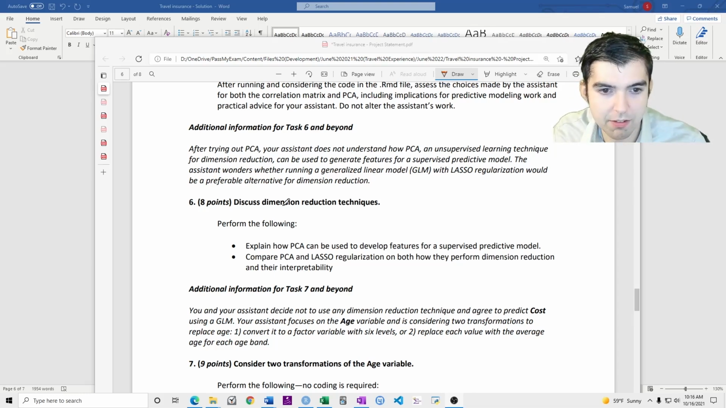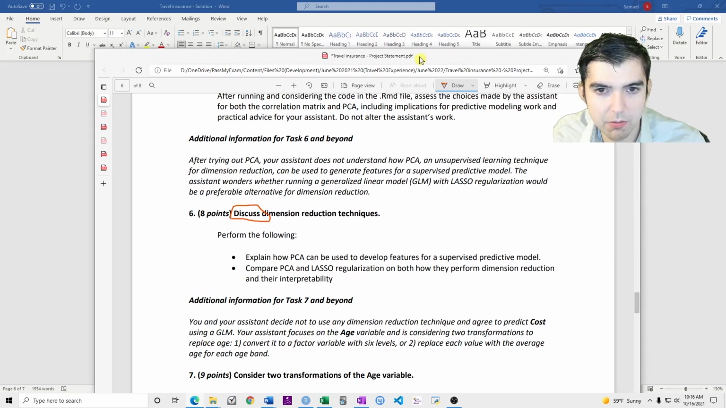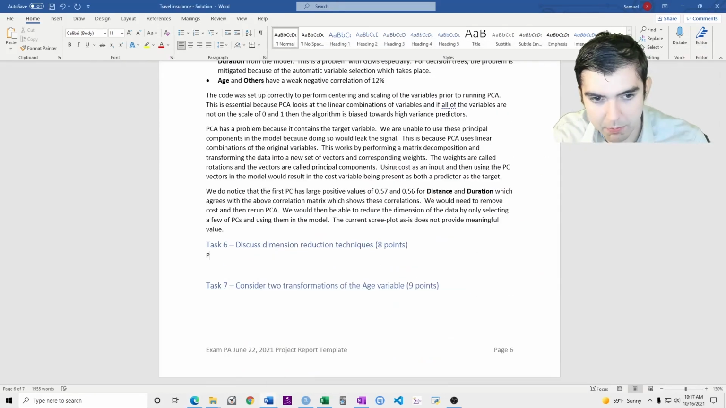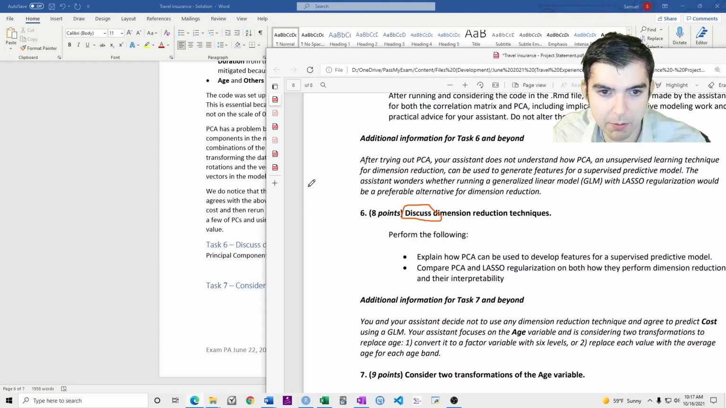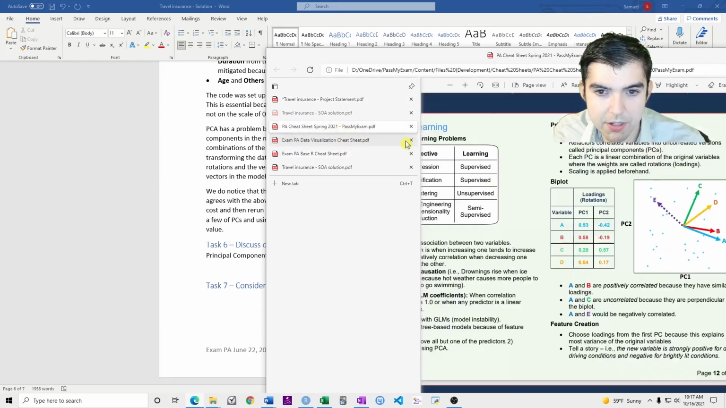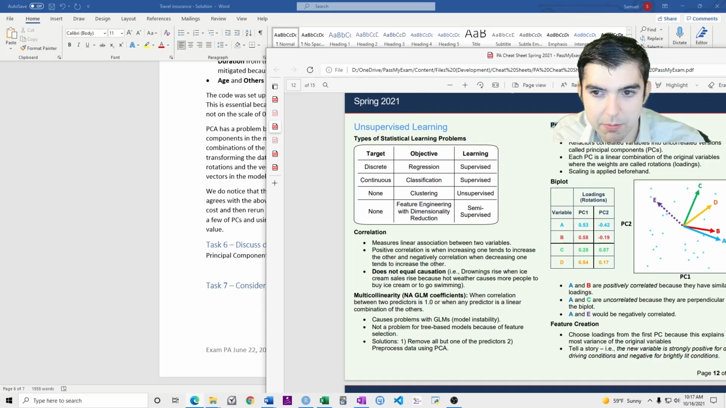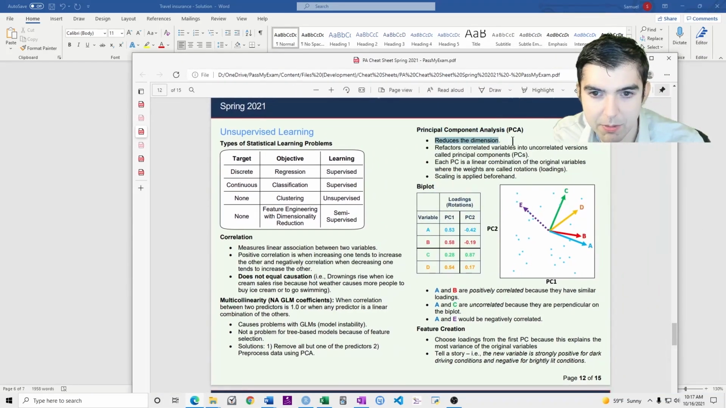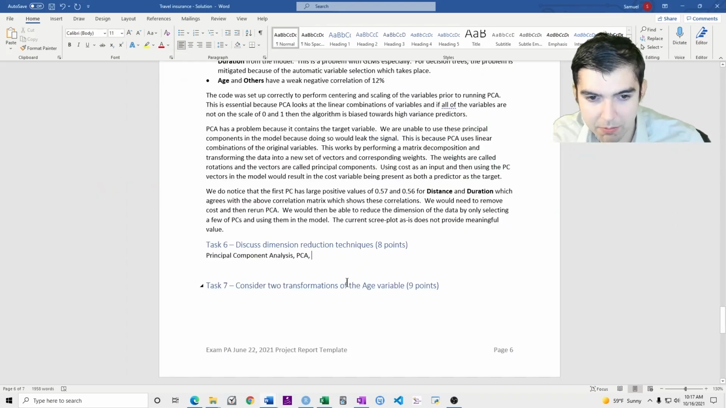So first of all, this is just called discuss on the question, which means that you don't need to write any code. So let's say PCA, principal component analysis. Now you just need to basically give the definition, and you can get the definition from our cheat sheet right here on page 12. Principal component analysis reduces the dimension, refactors correlated variables into uncorrelated versions. Each PC is a linear combination of the original variables. Scaling is applied beforehand. So principal component analysis, PCA, is a